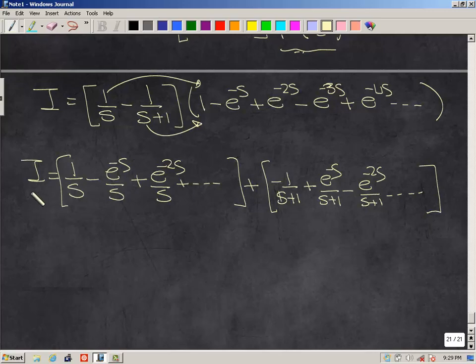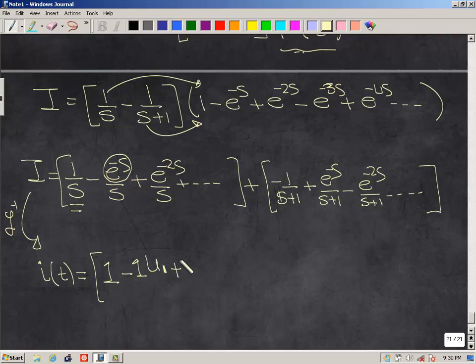Okay, now we can do the inverse Laplace because these we can handle. So we get little i of t, since current is a function of time. What is the inverse Laplace of 1 over s? It's 1. Minus, what's the inverse Laplace of this guy? Well, remember, whenever you do an inverse Laplace with an e, you introduce a step function. a is 1, so you get u1, and the inverse Laplace of 1 over s is just 1. Okay, plus, what's the inverse Laplace of this? You get 1 times u2, because now you'll get u2. Then you'll get minus 1 times u3, and so on. I hope you get the idea. Okay, plus